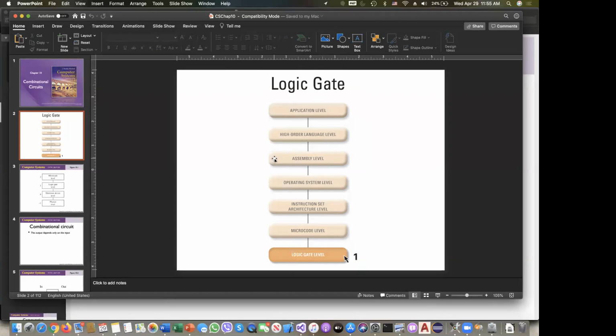If you remember our 7-layer architecture, now the logic gate comes into the bottommost level. The logic gate comes into the bottommost level. So with your C programming, with your assembly programming, with your